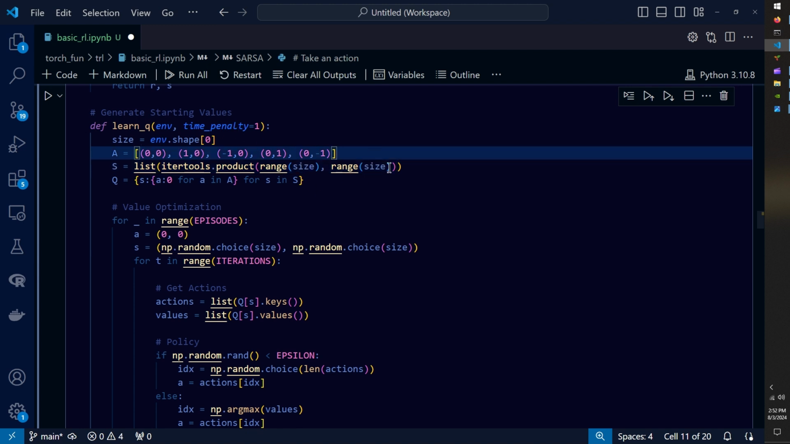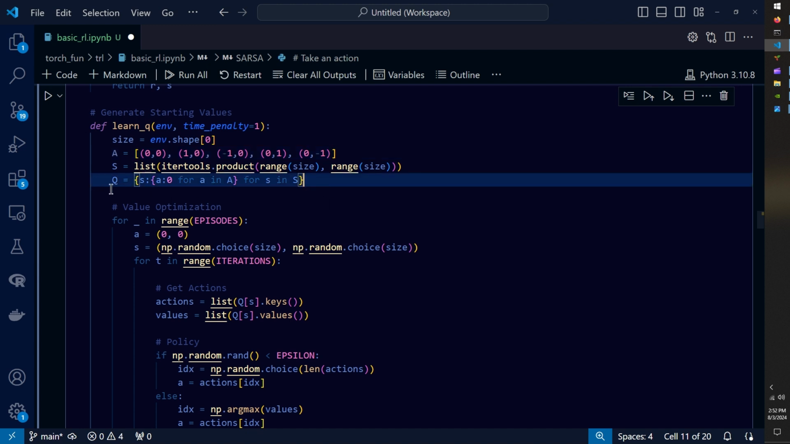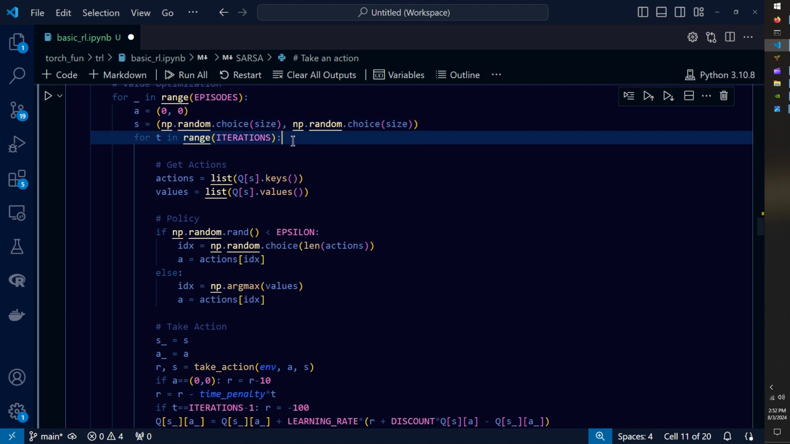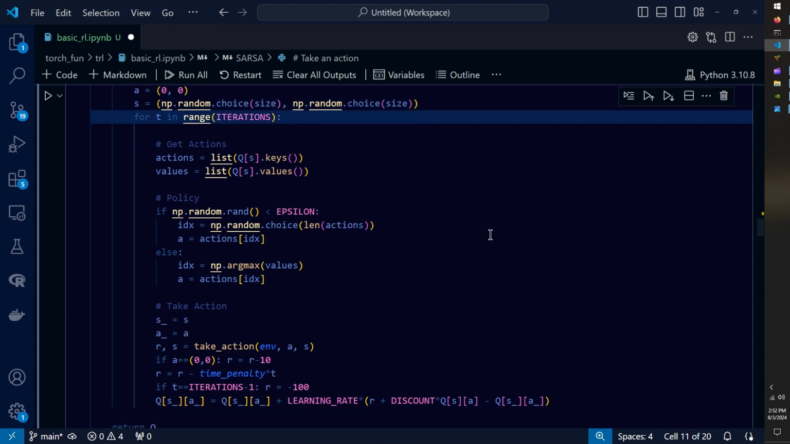We have a list of possible actions, which is stay put, move 1 in the x direction, move -1 in the x direction, move 1 in the y direction, -1 in the y direction. And then we assign a value dictionary for each state and each action in that state to capture our state action pair values. And so we can see here we loop over each episode, selecting an initial action and a random initial state, and then we loop over all the time steps in that episode where we get the actions from our current state,